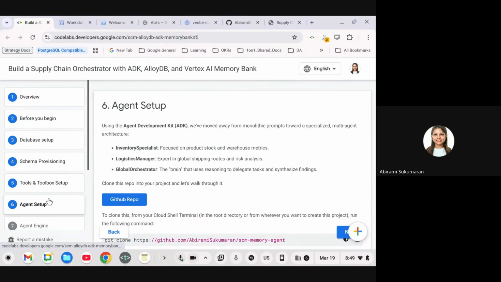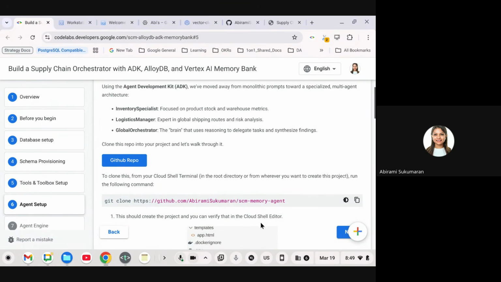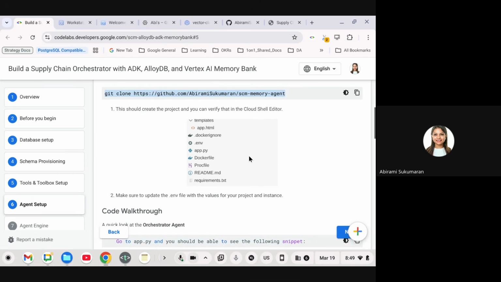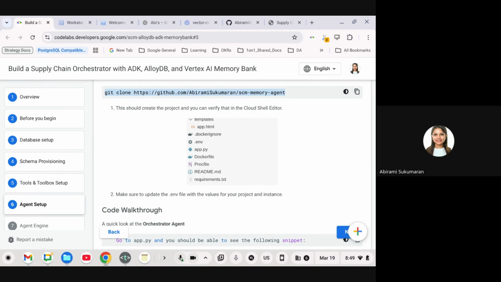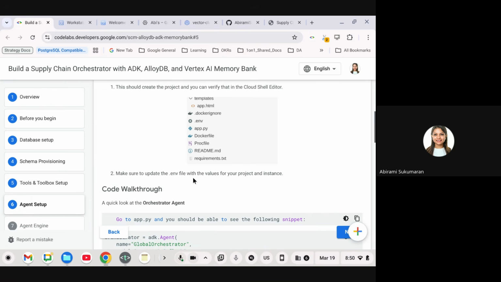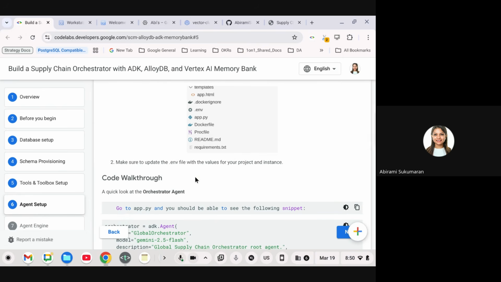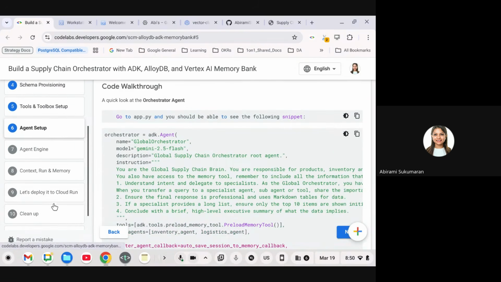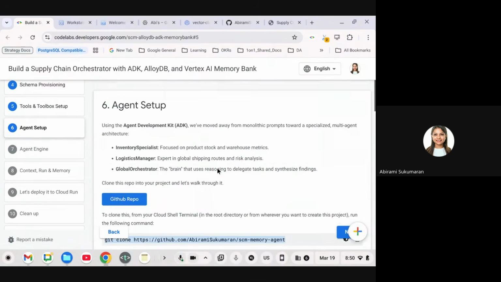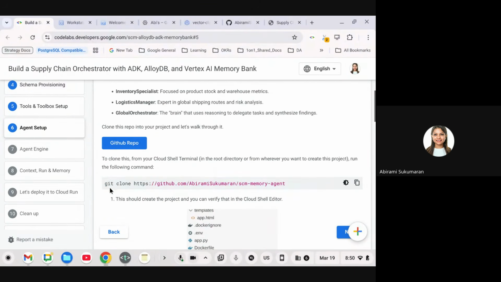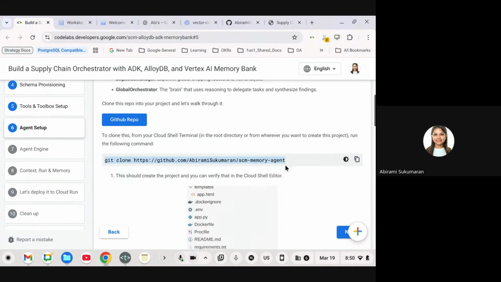Going back to the Codelab, please go to step number 6, which is agent setup. So what we're going to do right now is the application is ready for you. You're going to clone this repository. You're going to update the environment variables. I'll tell you what to put where. And we'll walk through the code, and then we'll deploy the agent in Agent Engine, and we'll compile it, and then we'll deploy it in Cloud Run and test the whole thing. Ready? Great. Now copy the git clone command from step 6 of the Codelab